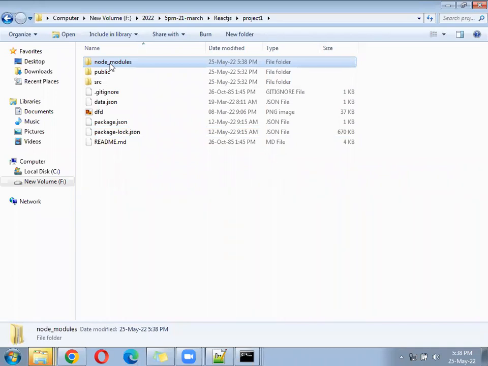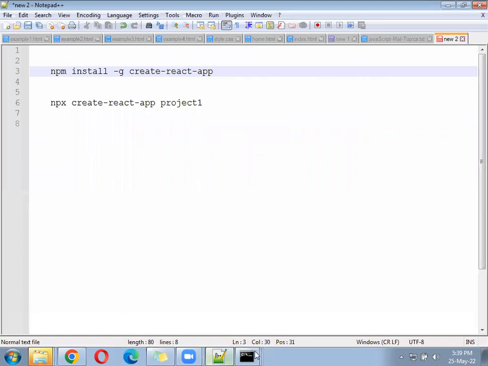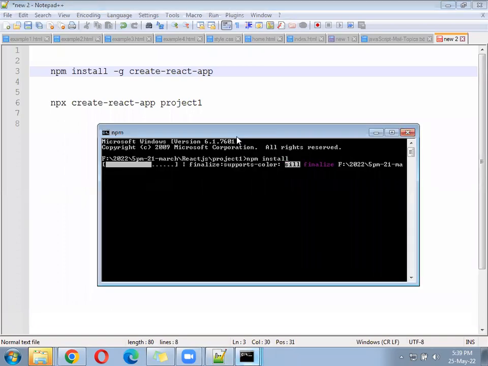We should send everything except node modules: public, SRC, all files you can send. And wherever you send, you tell them, after downloading, run the NPM install. Once they do the NPM install, whichever packages are used inside your project, all the packages will get downloaded.